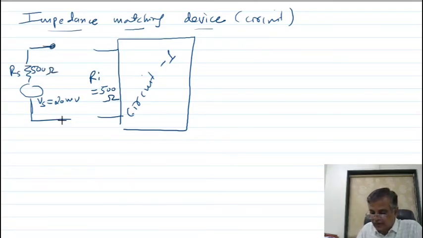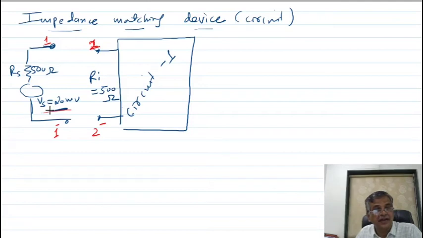I want to give 20 millivolt to this circuit 1. This is terminal 1, 1 minus, and 2, 2 minus. So what I did: I have adjusted this meter to 20 millivolt, and this I want to give here. So I am connecting now. See what will happen. Look here carefully. If I connect here, your circuit is like this.